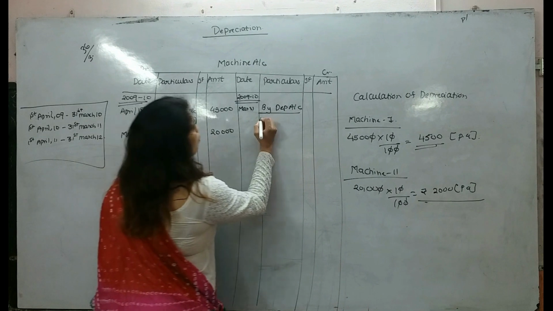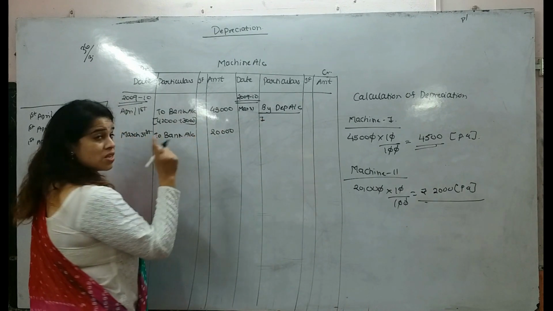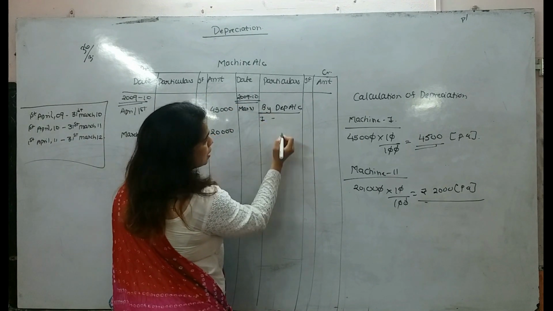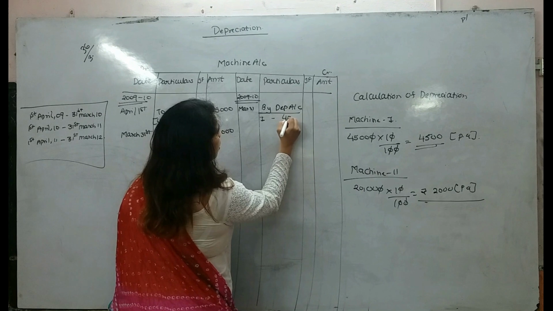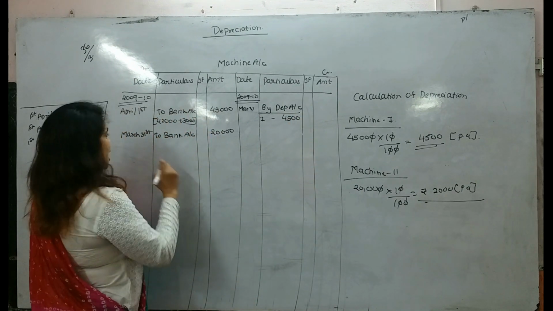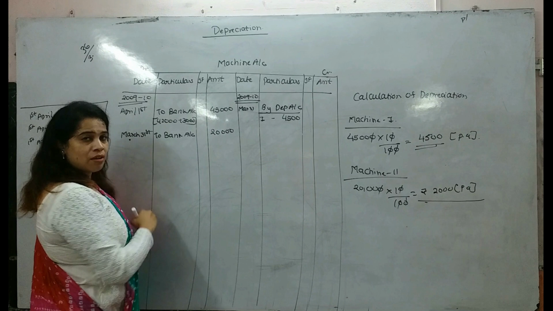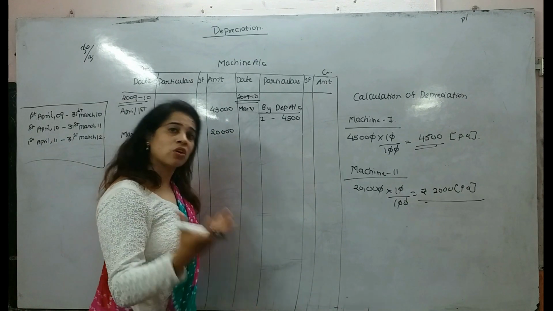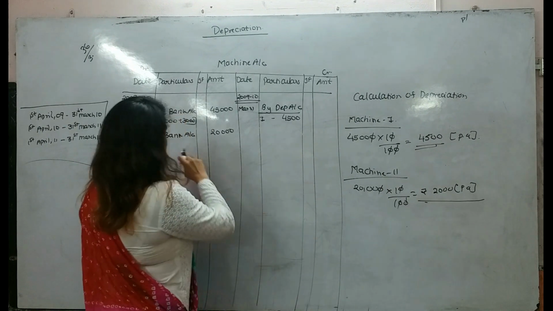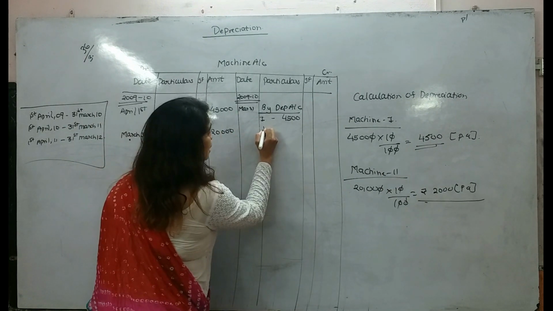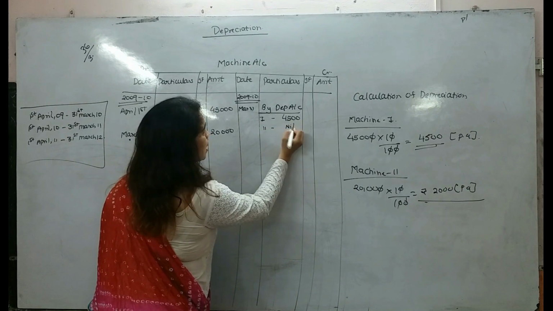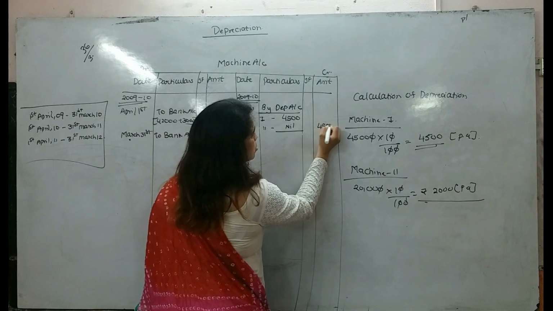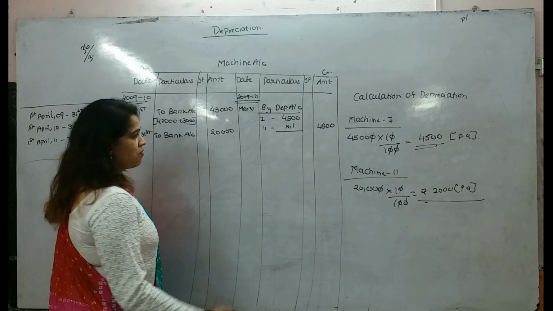Now for the first machine, we are using it from April to March, so depreciation will be 4,500. Whereas the second machine, when are we purchasing? 31st March, that is the last day of the year. When are we calculating depreciation? On the same day, right? So because we didn't use the asset for the second year, depreciation will be nil. Are you understanding this? So total depreciation will be 4,500.